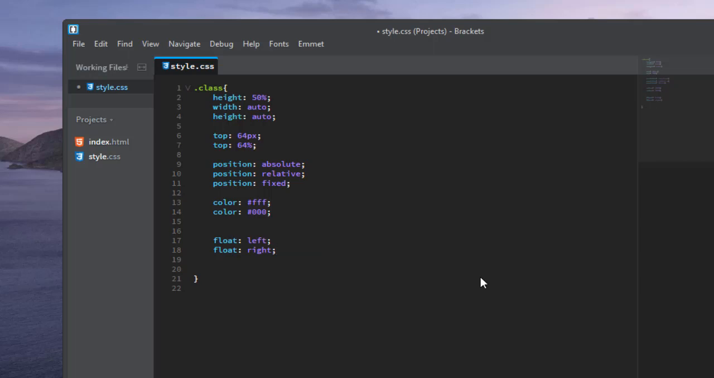So by default, if I just type FL, it will get me float left actually. And if I want the right, I will just have to add the letter R. Okay,